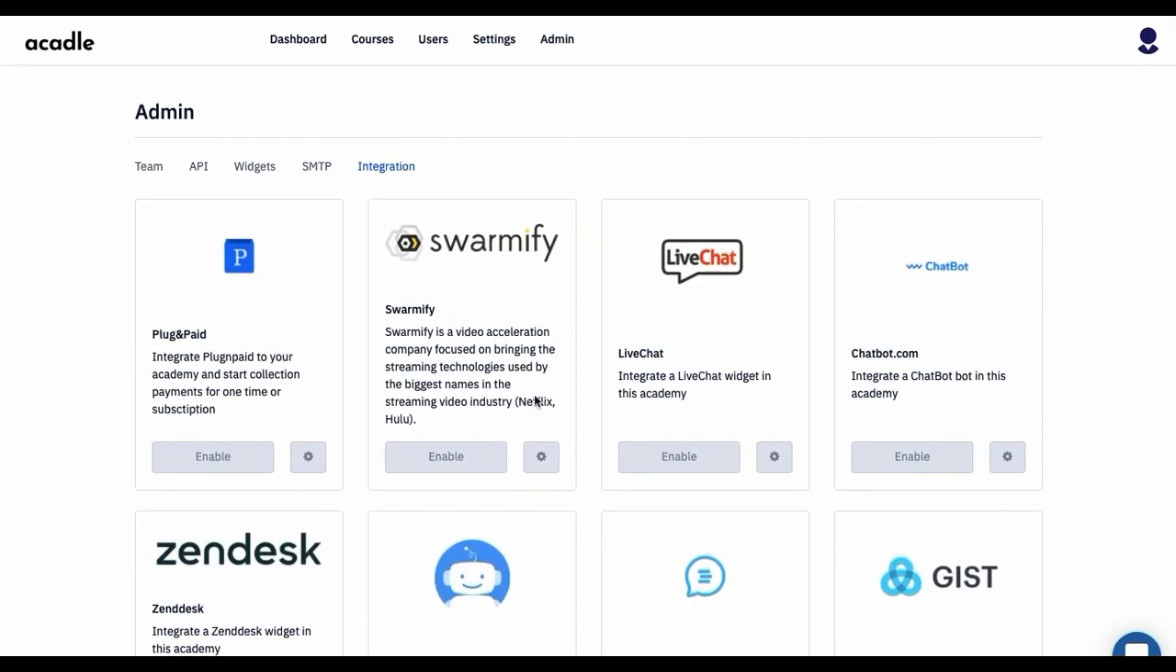For example, if you have Swamify and you're using YouTube videos, this will hide the YouTube related links from your videos. And this will also protect you from downloading the video. Plug and Paid again will enable you to collect payments. This also enables you to get subscriptions for your academies. And it is very easy to even do the setup. You can find the tutorial in our